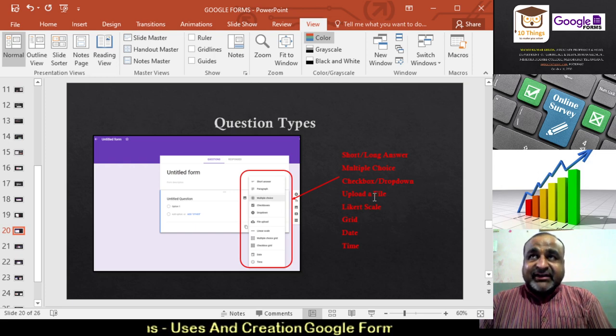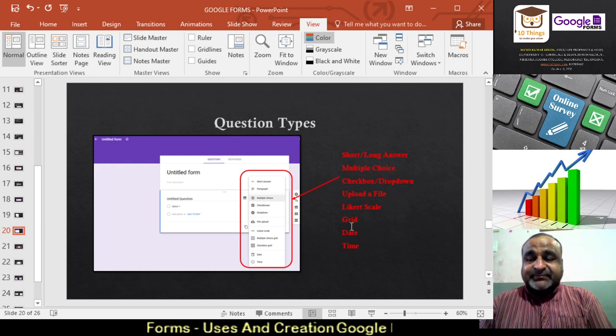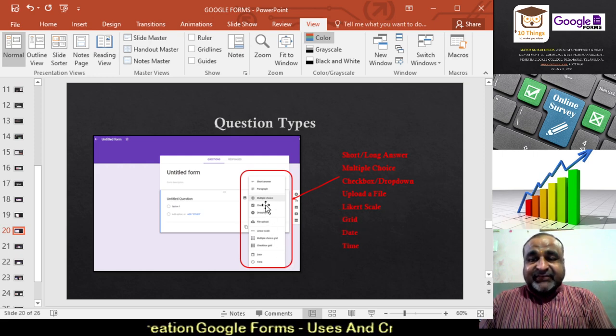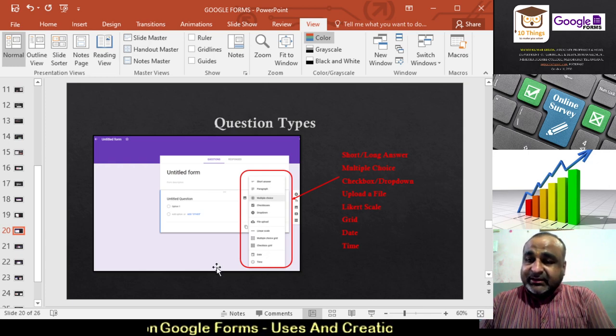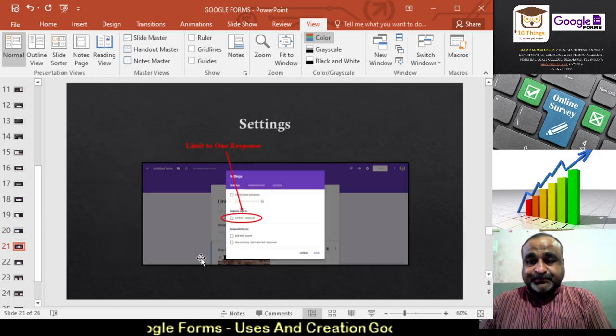Sometimes you will be having events where payment is required or a photo is to be added. So at that time we can go for upload a file. Then Likert scale, then grade, date and time. These are the various types of questions available in Google Forms. So based on our requirement we can select.